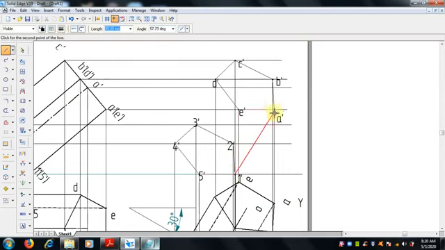So finally 1 to A, 2 to B, 3 to C, 4 to D, then 5 to E. Okay, now by seeing this itself we come to know what the visible lines are. So 5 to E also I will put.